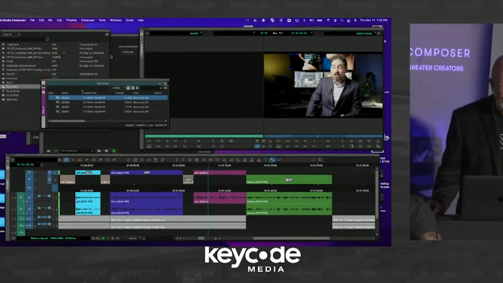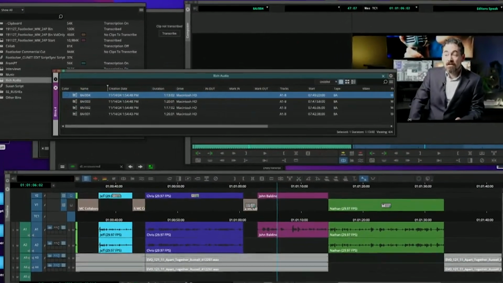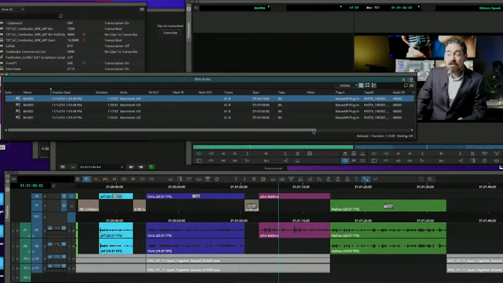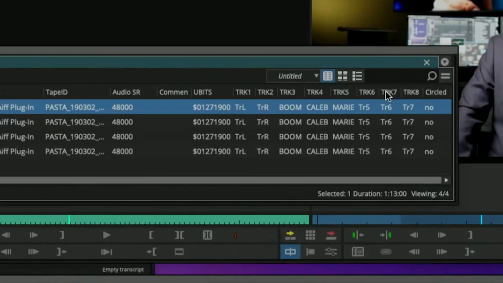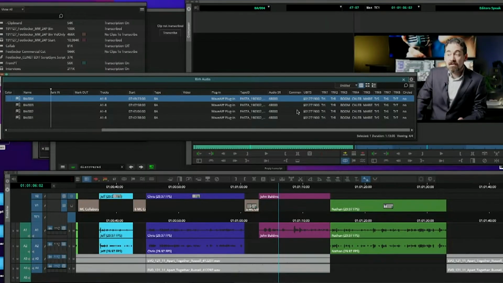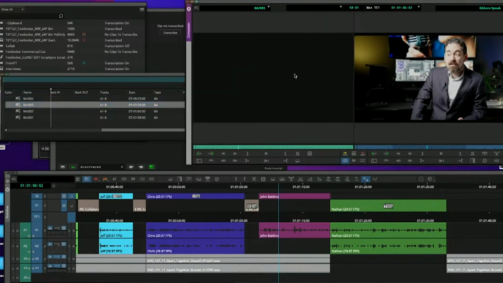But if I take a look at the bin, we'll open this up a little bit, scroll down, and you'll see here at the end there's some metadata. There are different tracks, and the tracks have different names. This could be coming from different source files. But the nice thing about this is when I double click and bring the clip into my